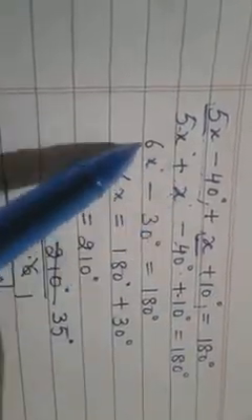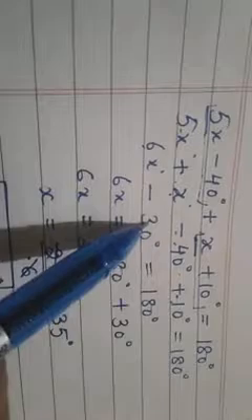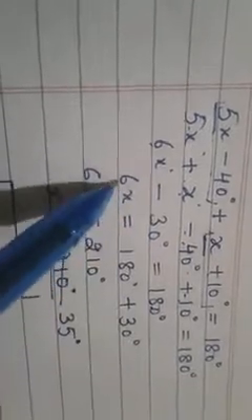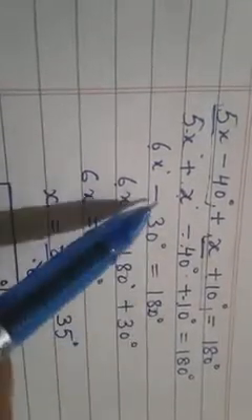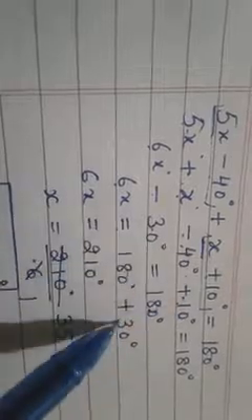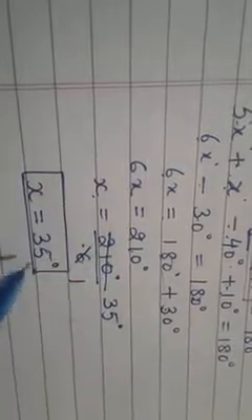So 5x plus x is 6x, minus 40 plus 10 is minus 30, equals 180 degrees. So 6x is equal to 180, and when minus 30 goes to the RHS it becomes plus 30. We are segregating x and constants to the LHS and right hand side. So 6x equals, just add it, 210 degrees, x is equal to 210 upon 6, that is 35 degrees. 6 threes are 18, 19, 20, 21, 30; 6 fives are 30, 35.